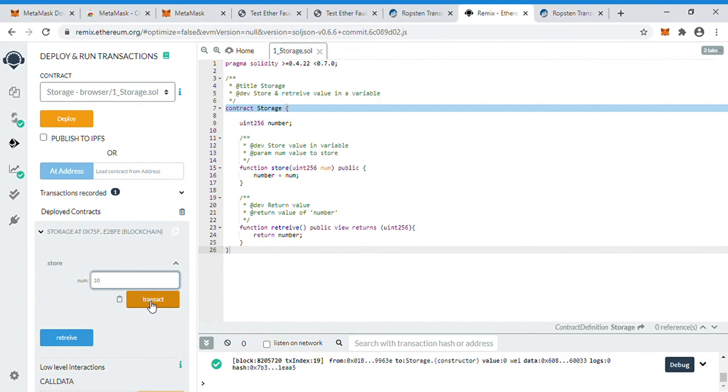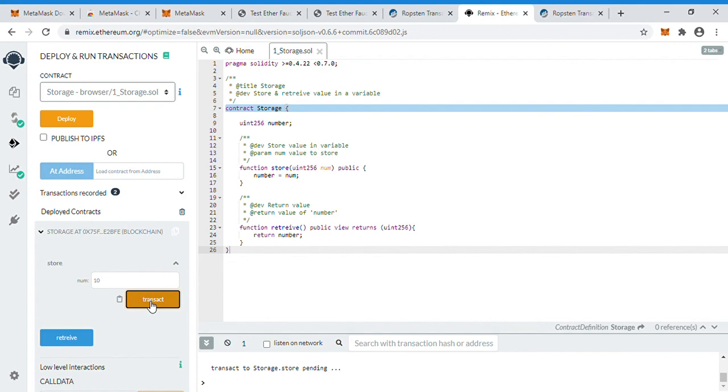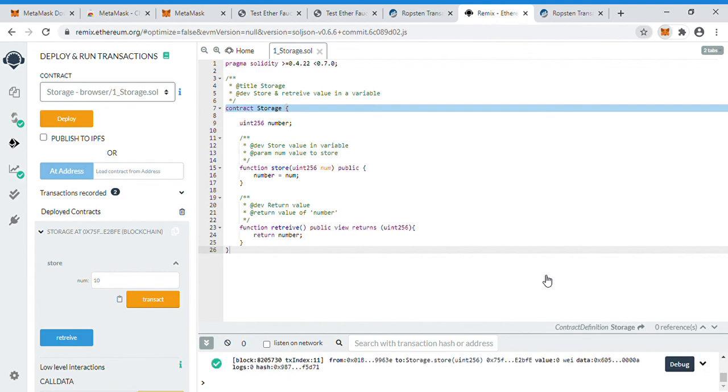So I'm performing the transaction. If I'm doing something on the contract, it's going to be stored in the blockchain. Again see that there is a notification. This is a transaction. Every time I'm interacting with the contract, there is a transaction. The transaction details will be stored in the blockchain. One block will be created for this transaction. Whatever operation I do on the contract is recorded in the blockchain. That is the conclusion. Now you can see that the contract transaction is confirmed.